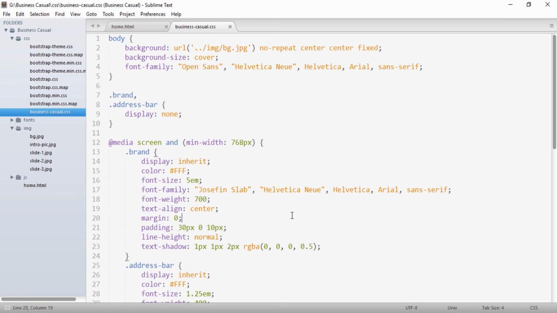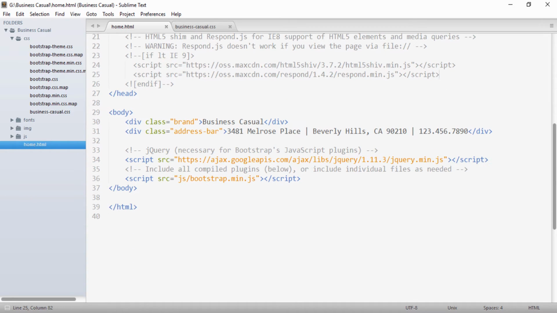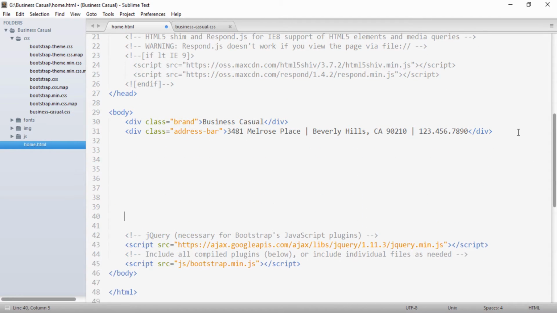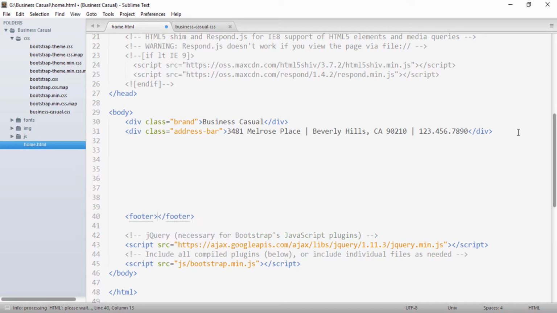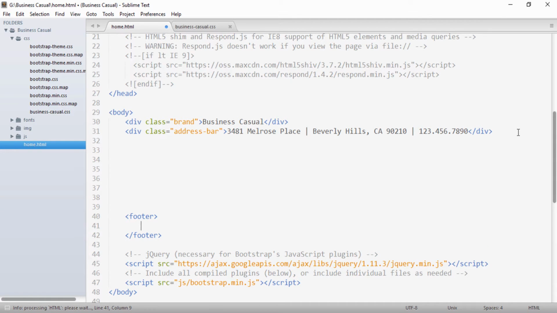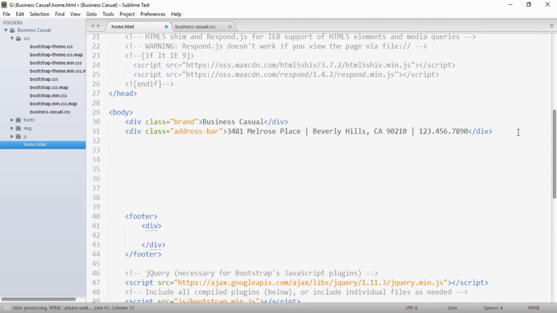So I go to the editor, and in home.html, just below this, I create a footer. In order to create a footer we have to give a footer tag, and inside this footer I will create a div, and to this div I will provide a class of container.